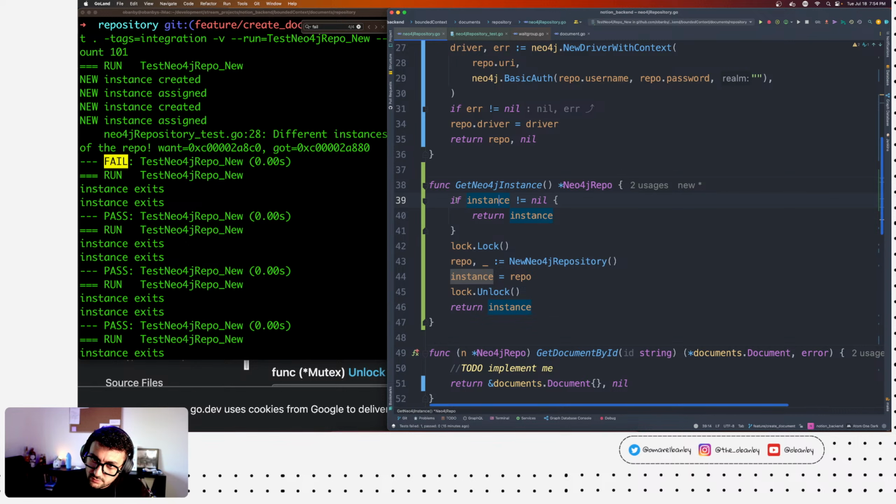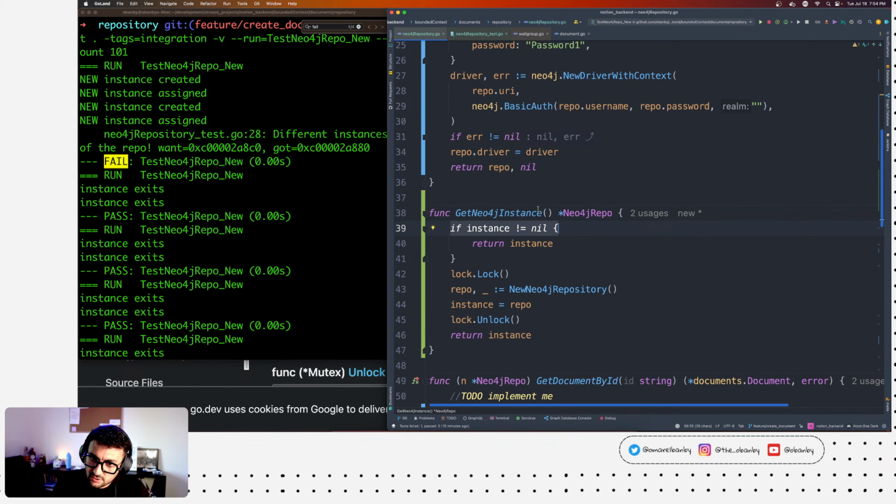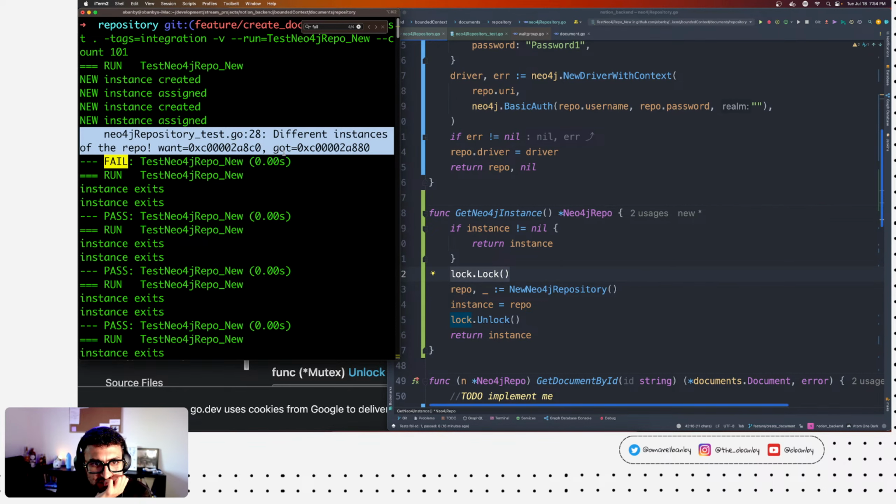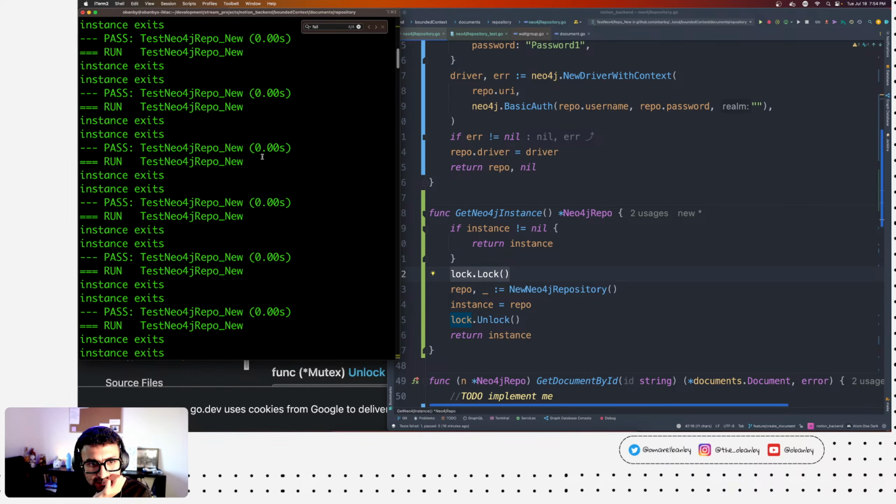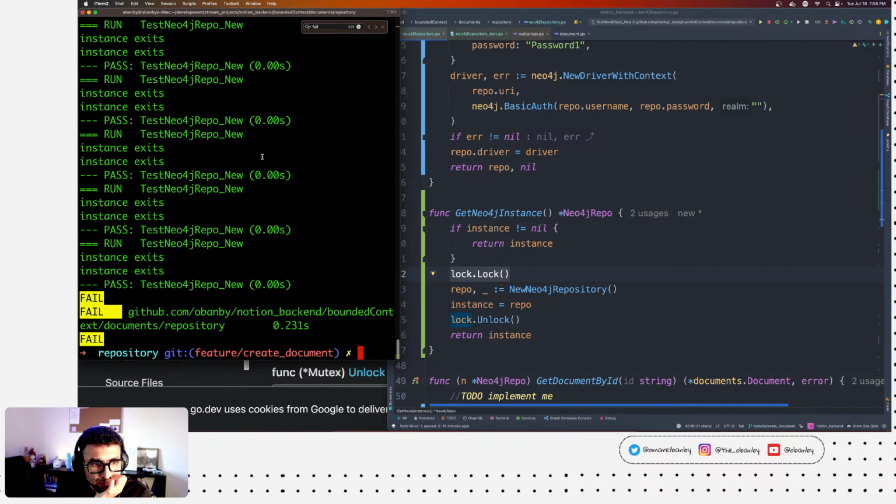So if the instance is not empty, so it's not nil, this means that this point has been assigned and it can never run half of that point. So it cannot just reassign this here, it cannot jump like that because of the lock, right? But now we're at least getting legit instances, not the nil value that we were facing before.